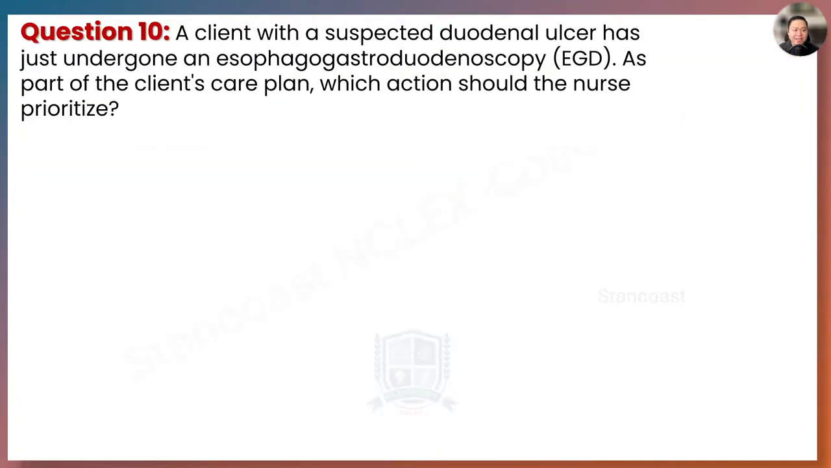Now let's talk about number 10. A client with a suspected duodenal ulcer has just undergone an esophagogastroduodenoscopy, EGD. As part of the client's care plan, which action should the nurse prioritize? Options: